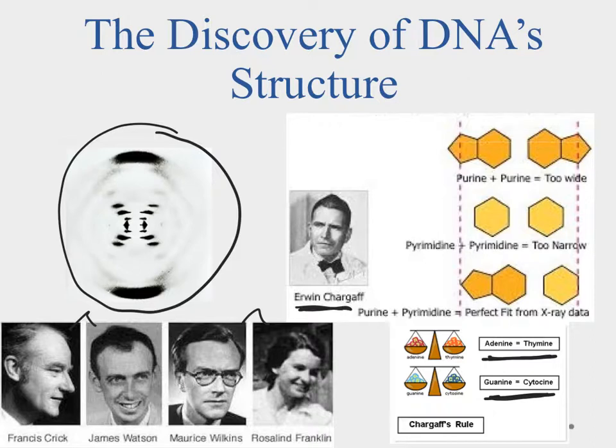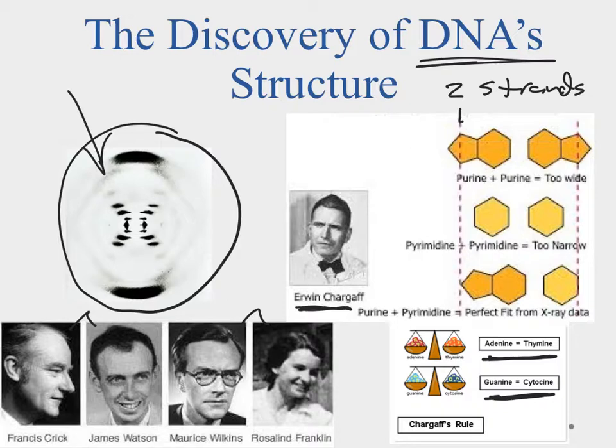And what they noticed is when they saw this picture here, they realized what it was, that it would be a double helix. So there were 2 strands in DNA. So DNA has 2 strands, and those 2 strands are going to be twisted on each other. Okay, and then what they also started to look at, from the x-rays, was how